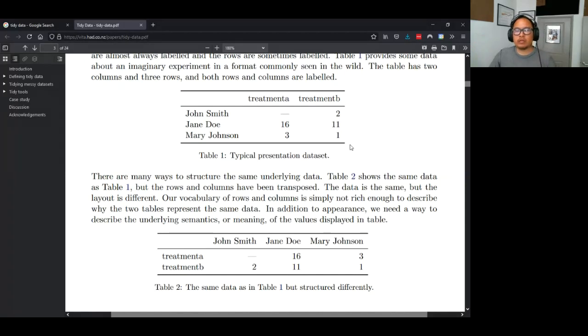And so that means that we don't really have a good way of describing what is a row and what's a column. There's benefits for both of these. Let's say you're manually curating this data set. Maybe it's easier for you to say, for each person, enter their treatment value this way. Or maybe you have treatment A, treatment B, and you're going to enter each person column-wise. Side note, if you are going to end up curating something like this, you expect the number of people to grow, not the number of treatments to increase. So if you are going to manually curate something, do the top